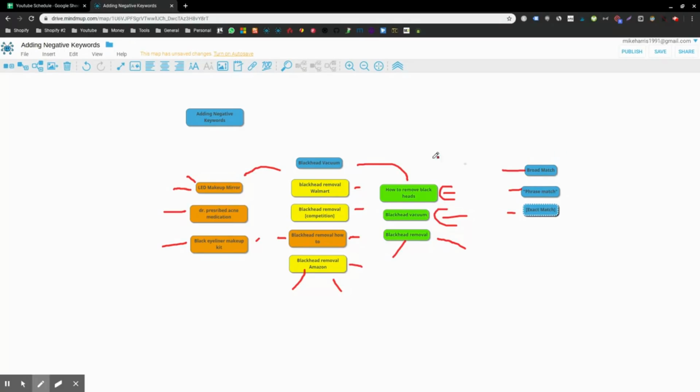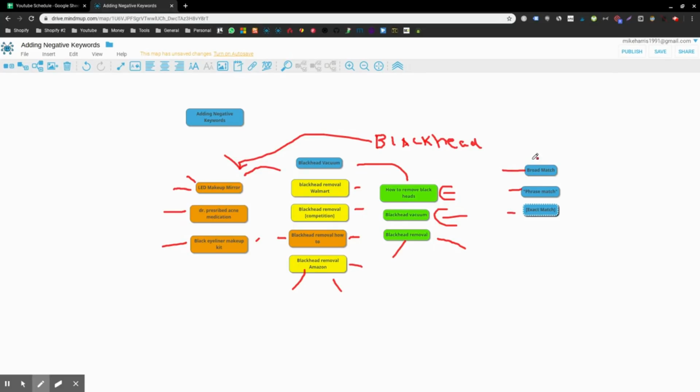One last thing to back up really quick. If you guys get one word search terms, say for example, this is just showing "black," just the word black, you obviously want to remove that too. One word search terms generally do not convert for me. Obviously, it's something that you want to test depending on what product you are selling. So like black or blackhead, if somebody searched blackhead and our ad is showing for that, I personally would probably remove or add this as a negative keyword to our negative keyword list. So going forward,